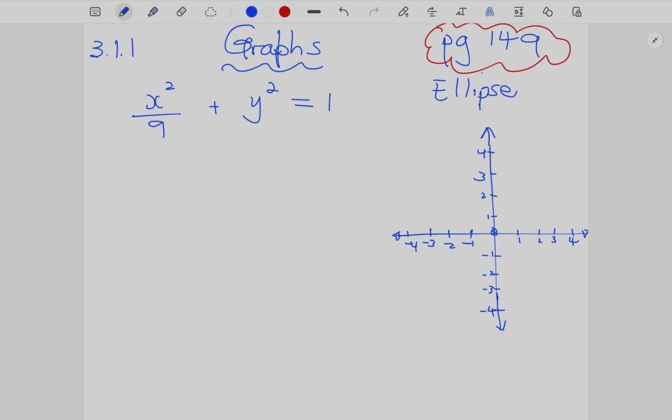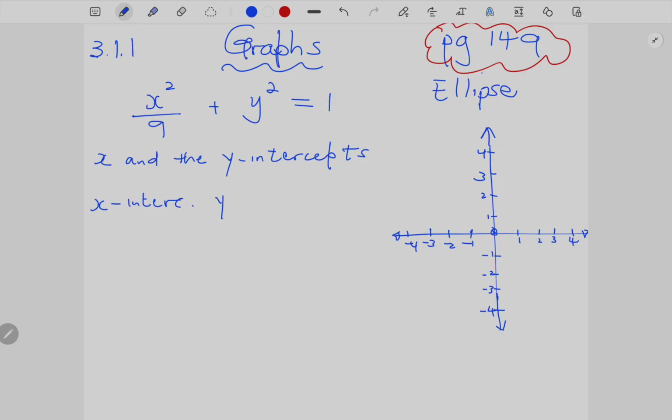3.1.1, you are given x squared divided by 9 plus y squared is equal to 1. For us to sketch this graph, we must find the x and the y intercept. So let's start with the x-intercept. Okay, so the rule says in the x-intercept,